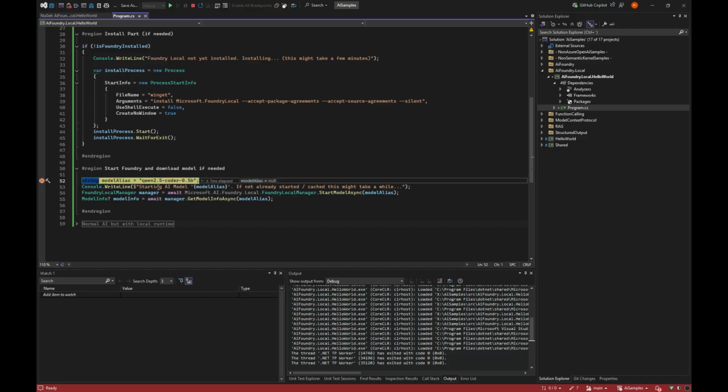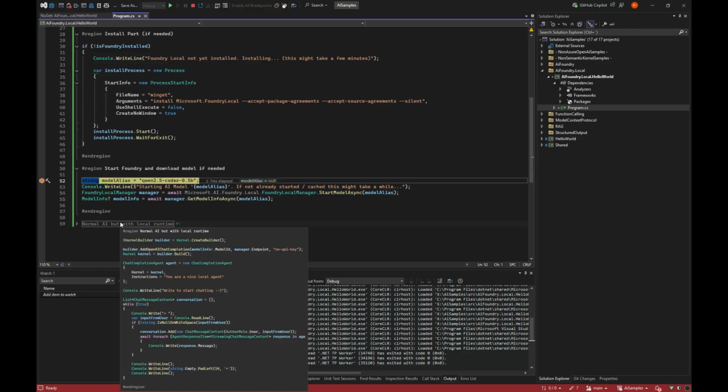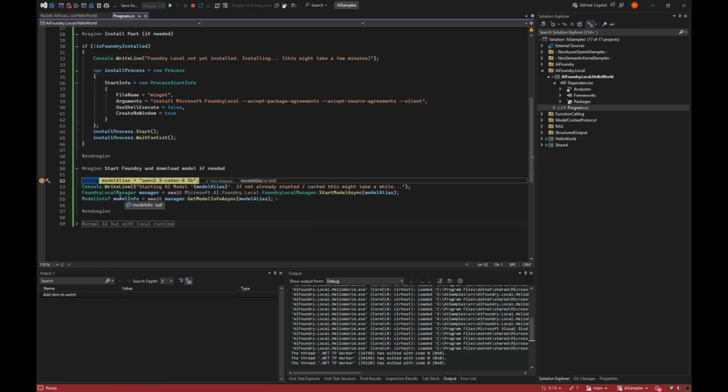Then I want to use this alias. So again, I'm just using the alias. That was both the alias and the ones that if it was GPU bound or CPU bound. And right now I haven't downloaded it. So when I run this, I use the NuGet package from Microsoft AI Foundry Local.